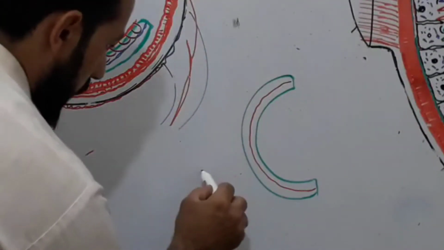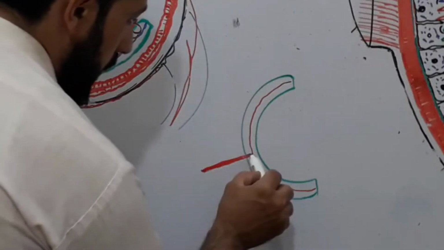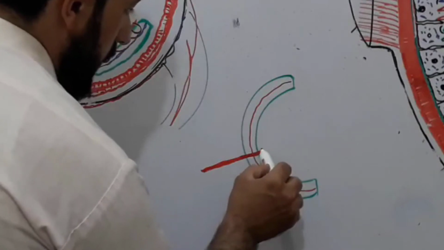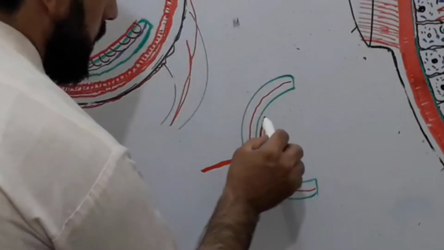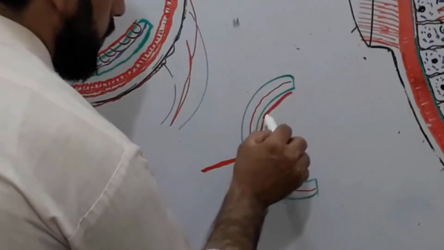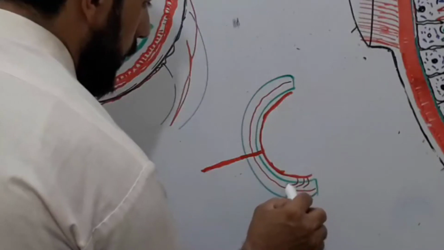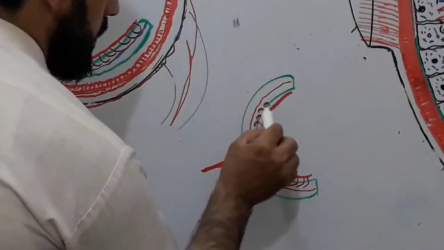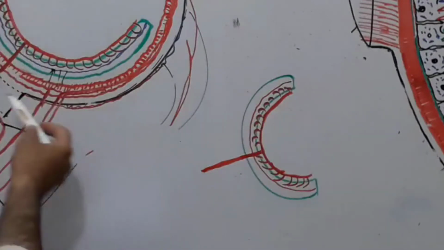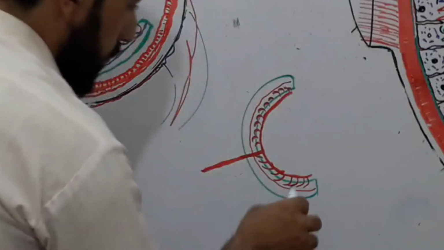Now I had told you that there is the entrance of the central retinal artery, and the central retinal artery will enter and give a superior branch and an inferior branch like this, and all these branches are responsible for supplying blood to the retina from the inner side. So the inner part of the retina is supplied blood by the central retinal artery. Now what happens from here?